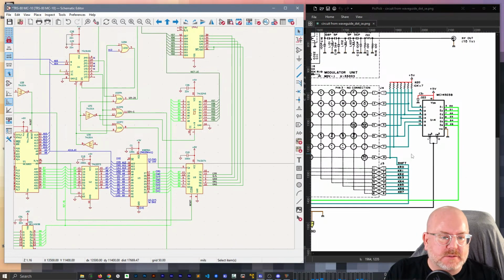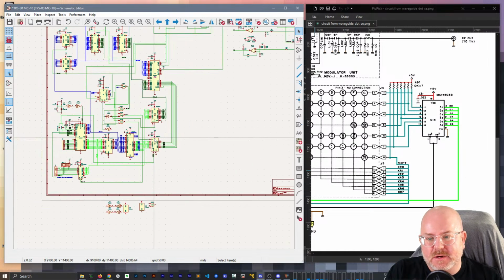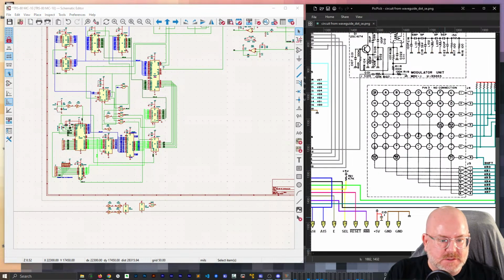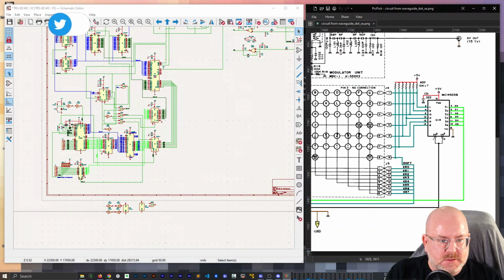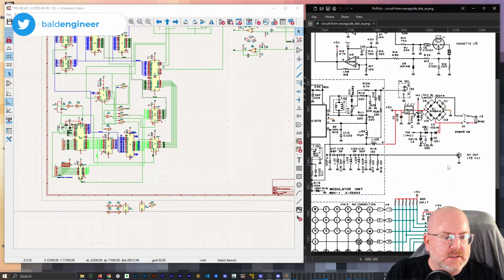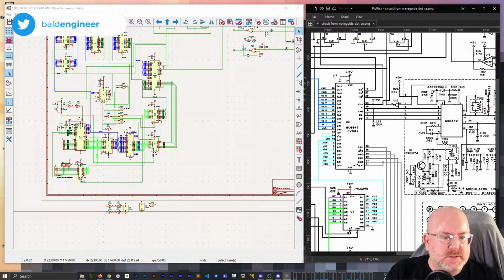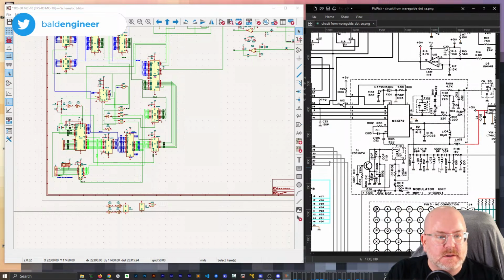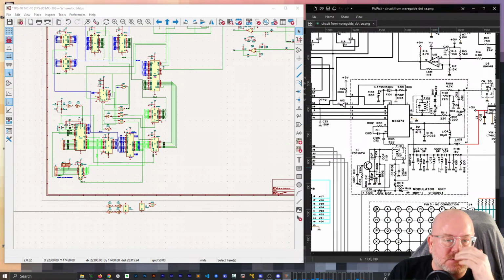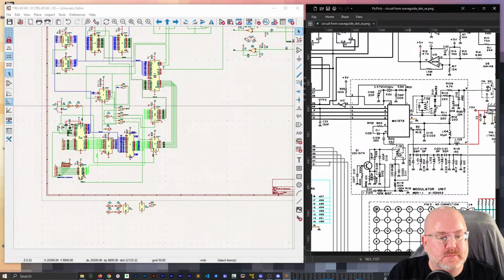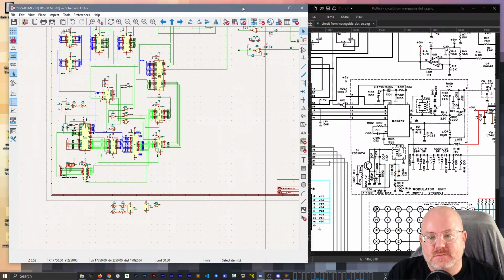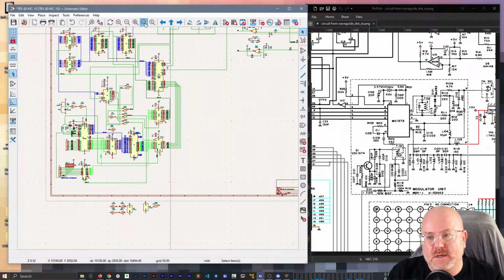All right. I think that's going to be our stopping point. I really thought we were going to get done, but I thought we only had the modulator left. So we still have to do the expansion connector and the modulator. That's it. Okay. Well, we should be able to knock that out next week and then spend some time on ERC and getting everything cleaned up. But I think we're almost there,